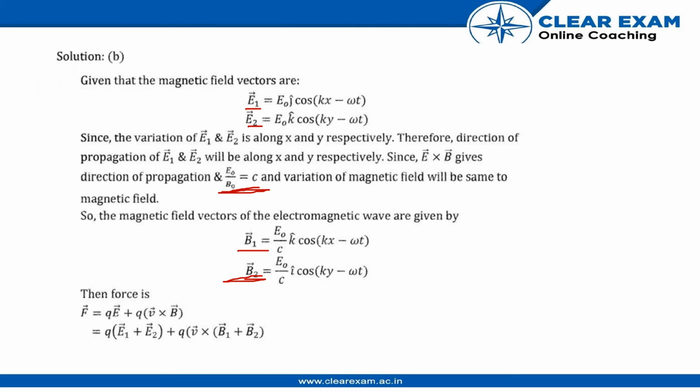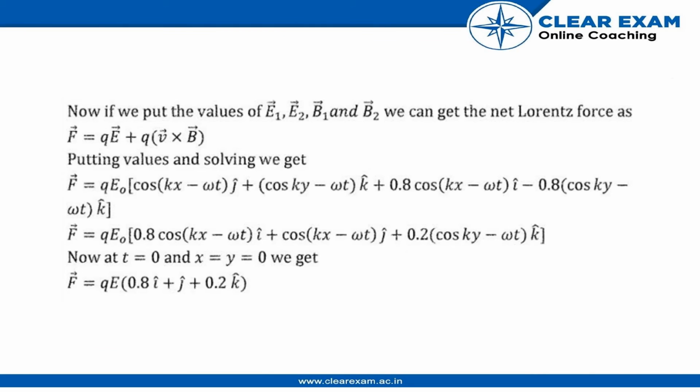Then force F is equal to qE plus qv cross B, which simplifies to this. Alright. So now if we put the values of E1, E2, B1 and B2, we can get the net Lorentz force as this, right? Putting values and solving, we get F is equal to qE naught